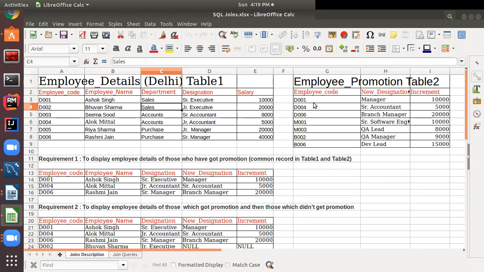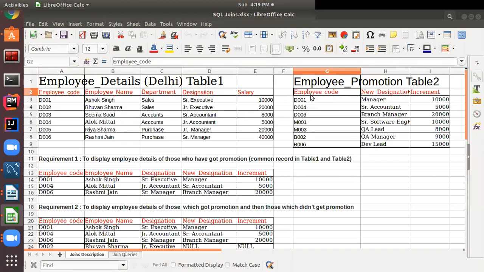Since I want to display partial data from this table and partial data from that table, naturally I have to take the help of a join. First of all, I want to identify what the common field is. The common field between these two tables is employee code, right?